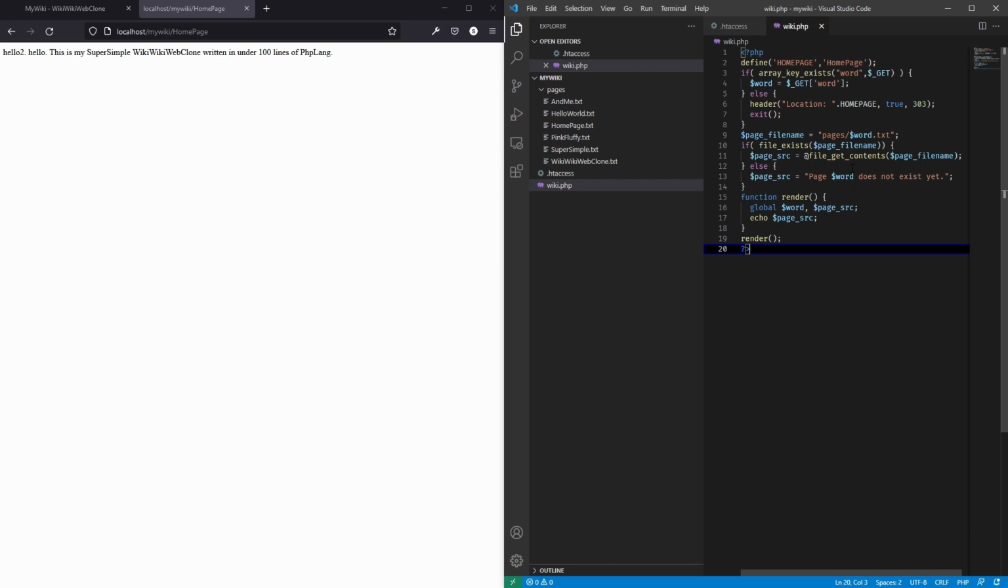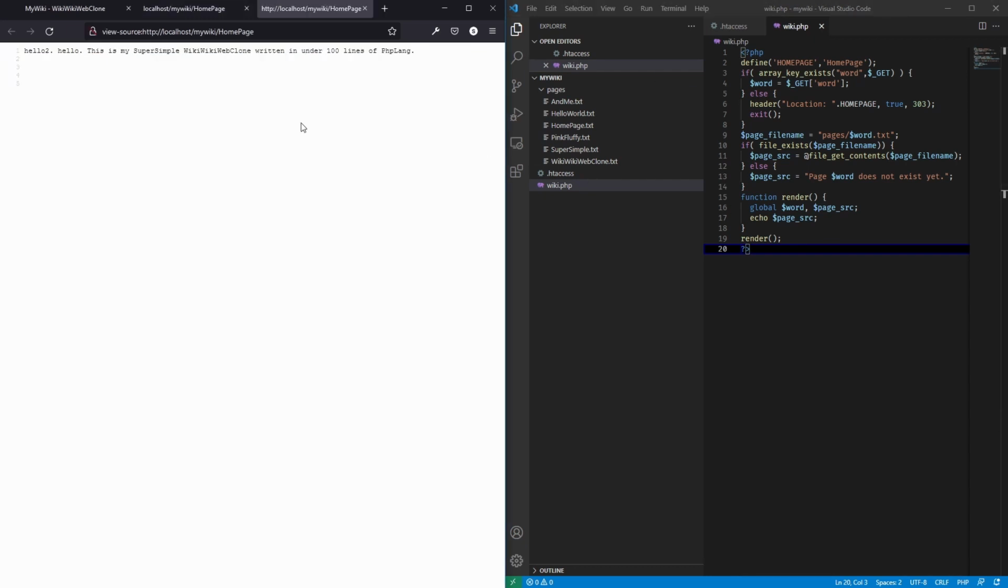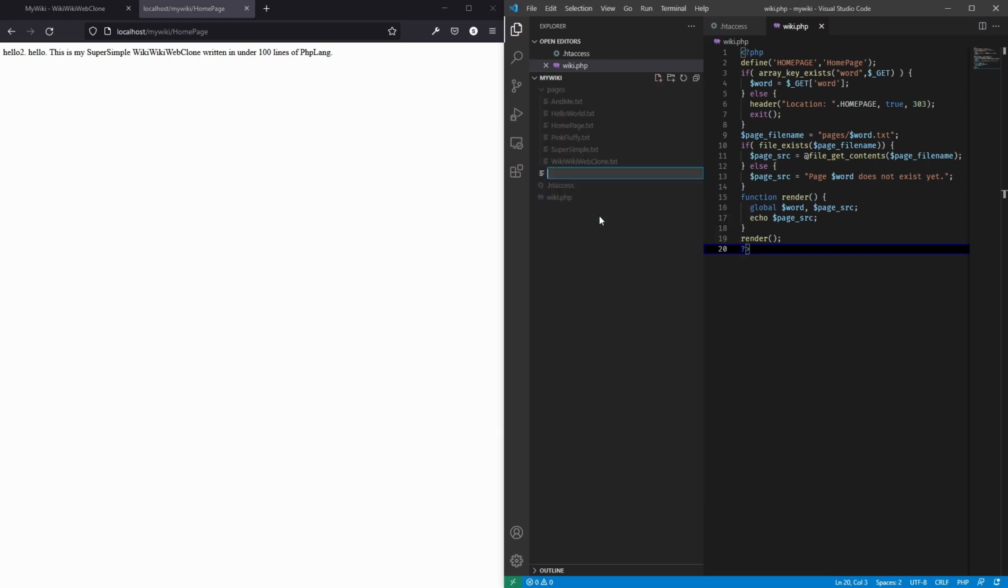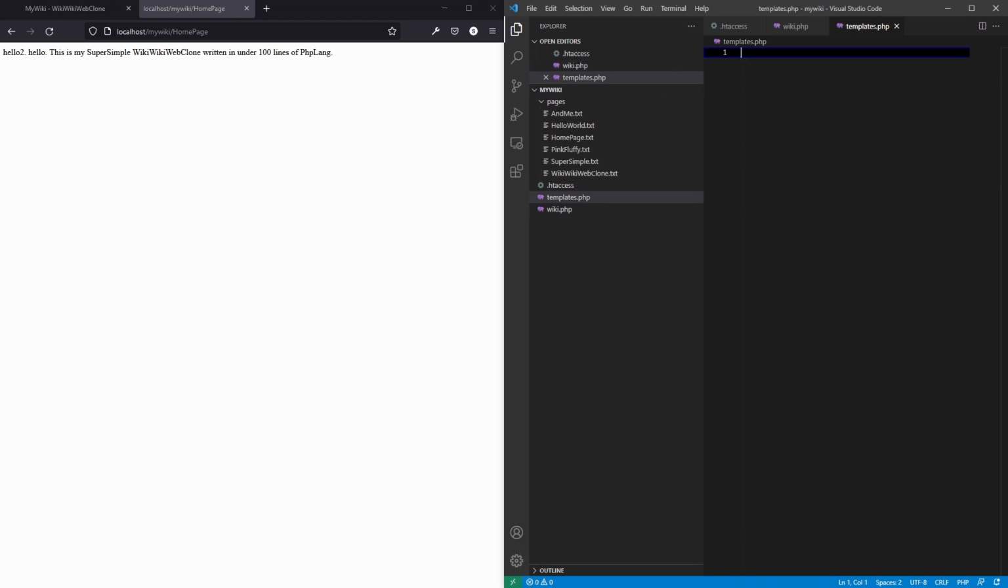The next thing we want to do is to actually format this as HTML, put HTML in. If I look at the source here, you see there's no HTML tags in there at all. We want to put that in. For that we want to make a template file. New file, templates.php,